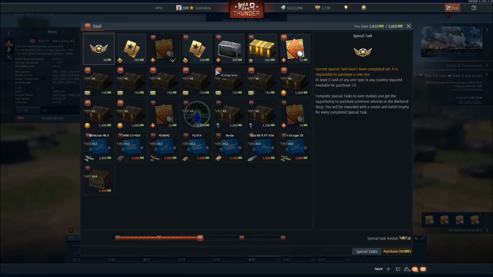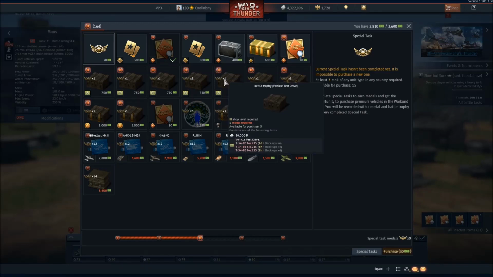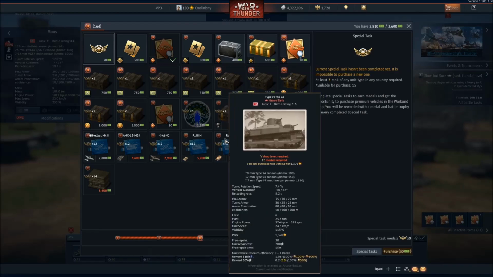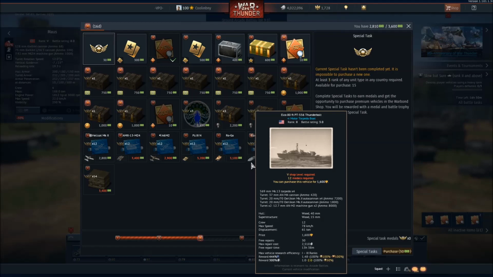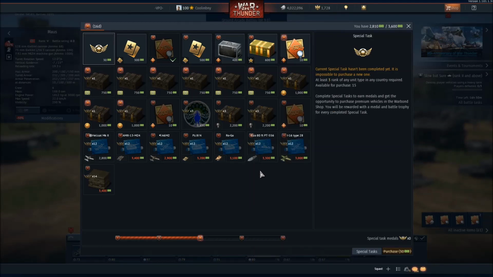Now additionally, if you have special task tokens and sufficient Warbonds, you can buy a premium vehicle. I wouldn't suggest that over RP boosters if you're trying to go as quickly as you can to get the mouse, as RP boosters will do more over a short period of time and are cheaper than premium vehicles. Additionally, Warband premiums tend to be of a lower BR, so their RP potential is certainly limited when trying to